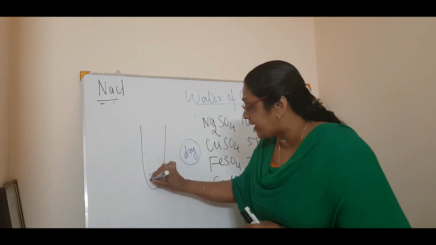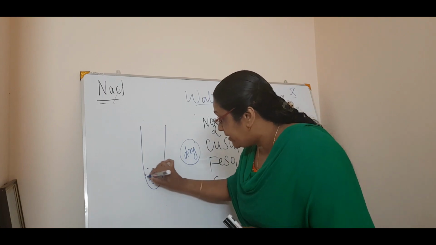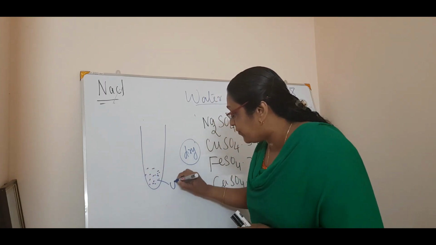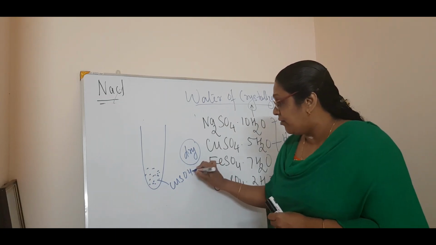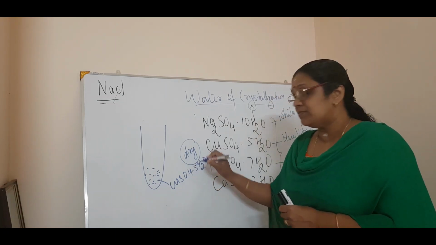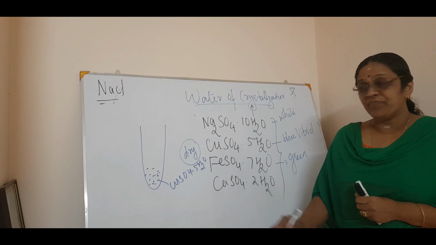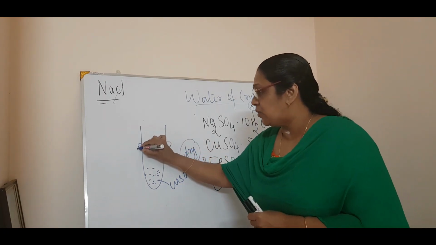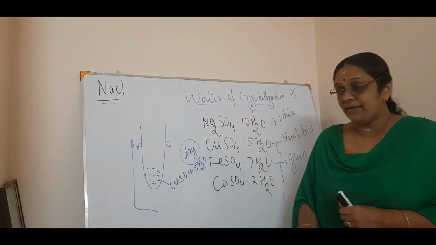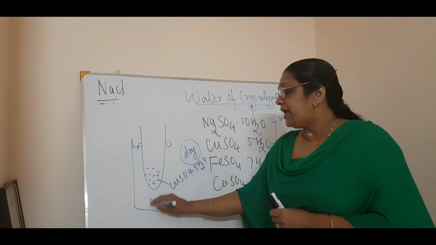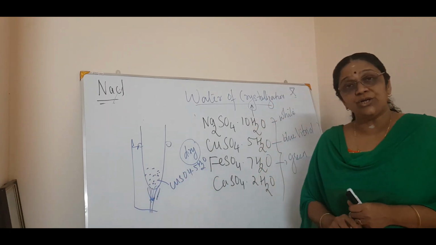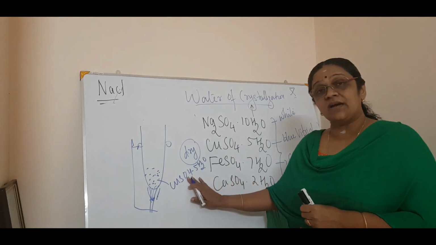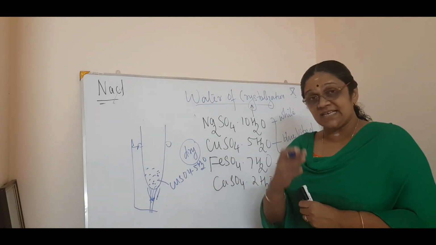You know it is blue in color. I have a blue color, so I am putting it. So there are blue crystals of copper sulfate. Now what is the chemical formula for copper sulfate? CuSO4 dot 5H2O. So I am putting this in the tube and hold it. Okay, just hold it. Now what happens? You heat this. You heat this boiling tube which is having copper sulfate dot 5H2O. That is the experimental part.